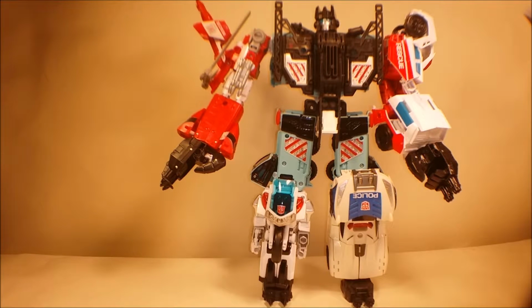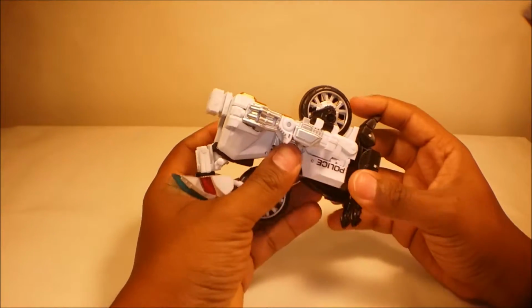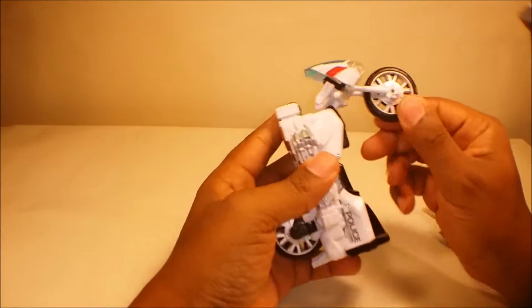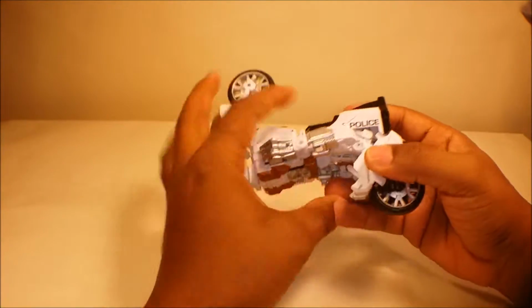I feel like he fits a little bit better in the arm since he is a skinnier bot. And so let's go ahead and put him in arm mode, and then I'll show you how he looks with Defensor in arm mode. Now, in order to transform him into his arm mode, it's really pretty easy. It's very similar to his leg mode. You're just going to open up these legs, pull these out,